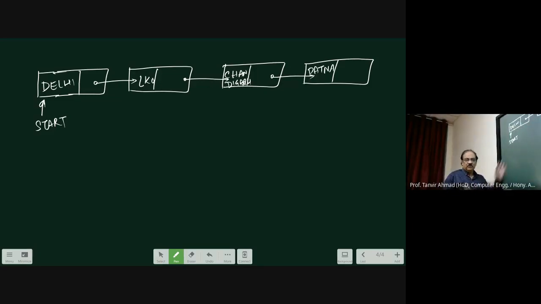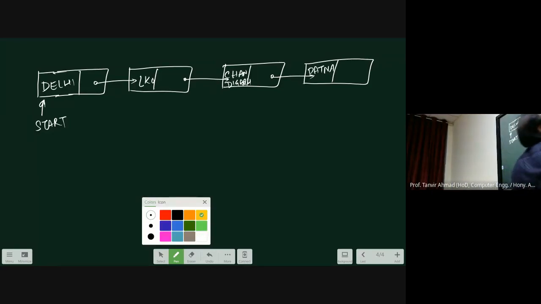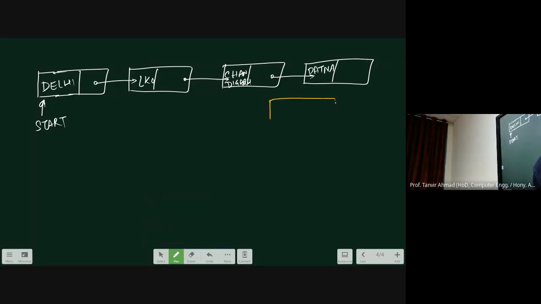Okay, these are the 4 linked lists which contain city names or strings, and you want to insert a new node. Suppose you want to insert a new node, say Mumbai, after Chandigarh or between Chandigarh and Patna.